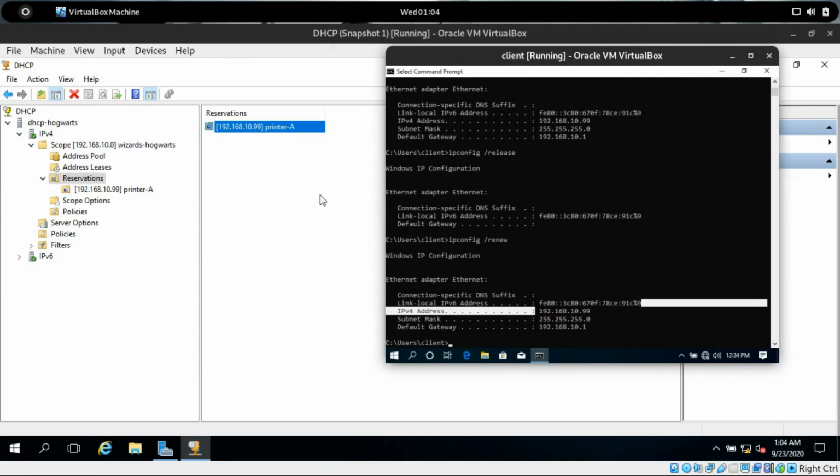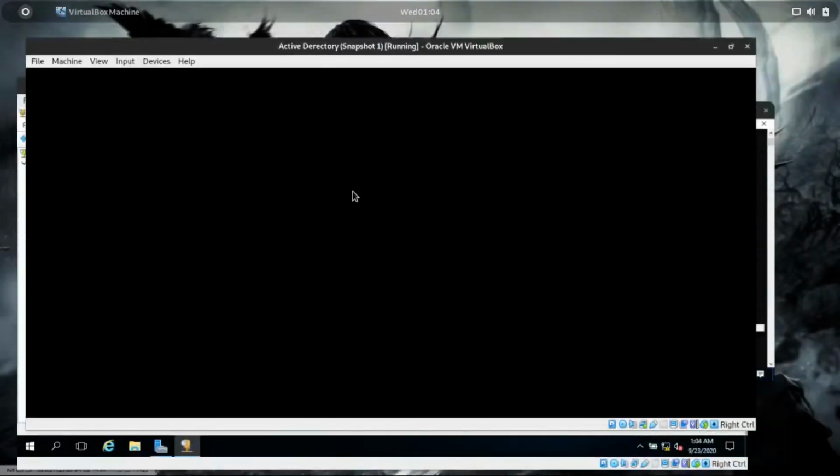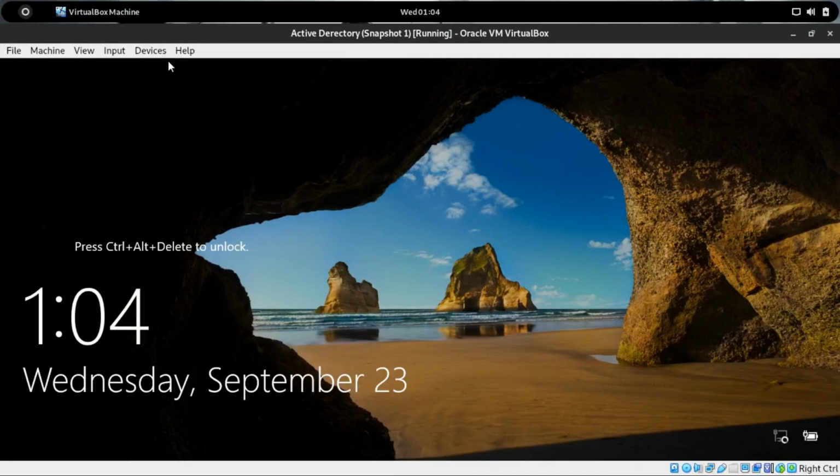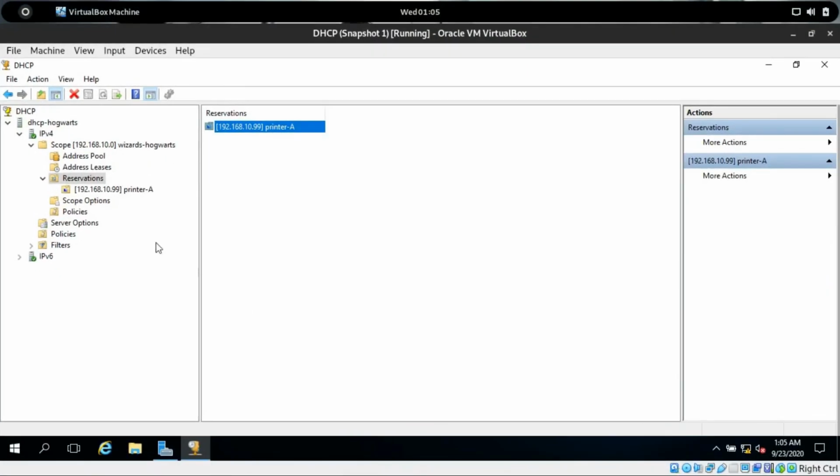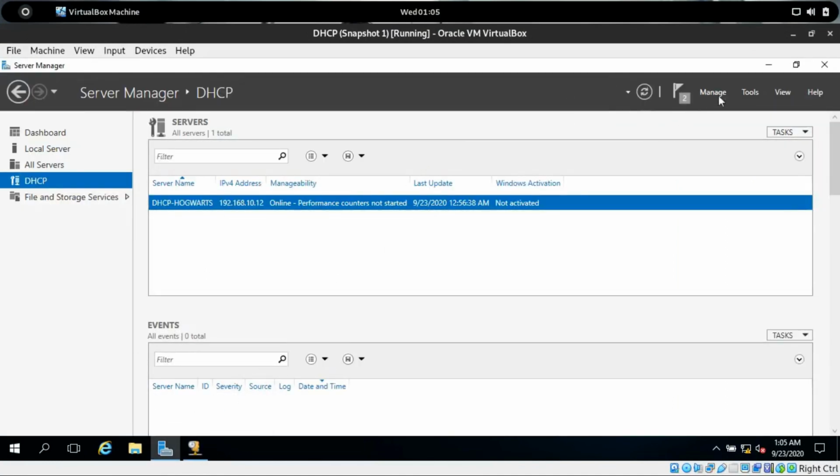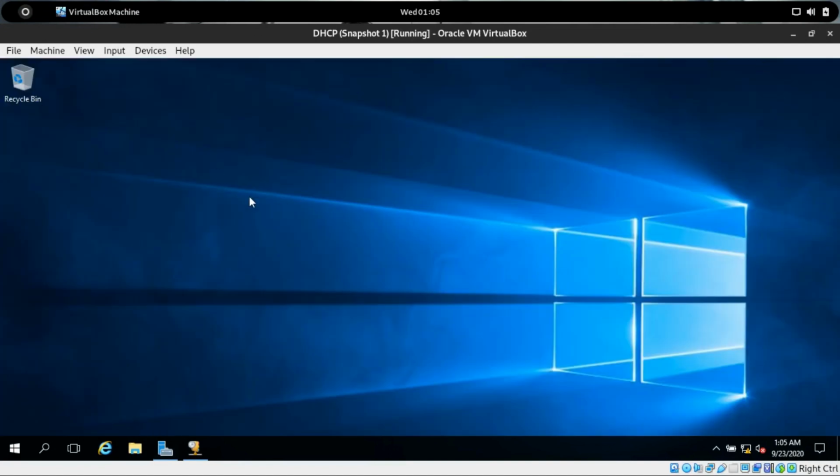This is a separate DHCP server. We can add this DHCP server to the separate DNS server, or to the same Active Directory server, the AD DS machine, or we can create a separate DHCP server like this. There are many ways. This is one way. So this is all of the DHCP configuration for now,